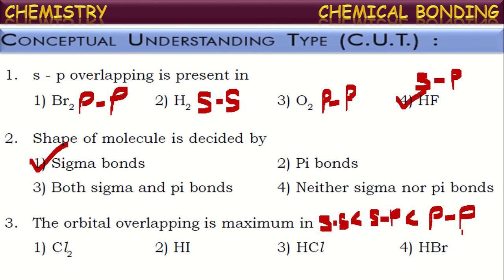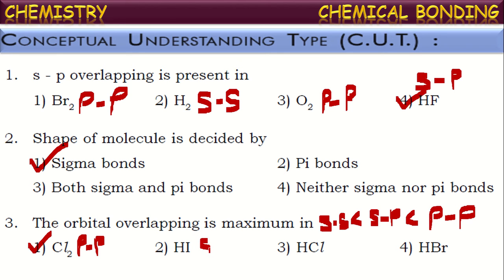Now see in which of the following molecules pp overlapping is observed. That we can say is the correct answer, where the overlapping of atomic orbitals will be maximum. If you see the Cl2 molecule, both the chlorine atoms have unpaired electrons in their p orbitals. So when they combine, they overlap their p orbitals. So we can find pp overlapping in case of Cl2. This will be the correct answer because pp overlapping occurs in the Cl2 molecule, which occurs to the maximum extent. Okay, now if you see the remaining, hydrogen iodide.